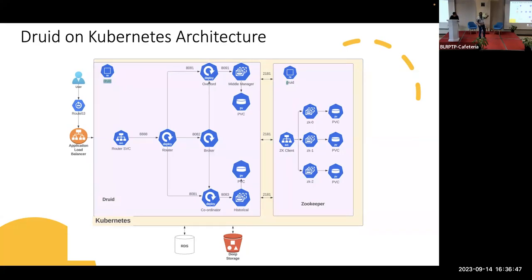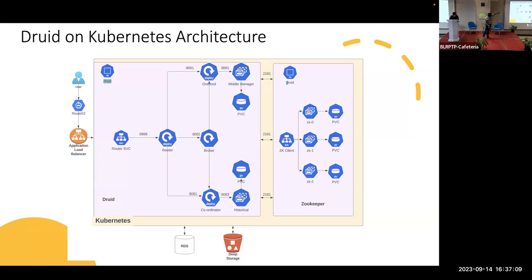Like I mentioned in earlier slides, your router, broker, coordinator, and overlord are deployed as deployments. The middle manager and historicals, being stateful components, have a PVC attached to them.